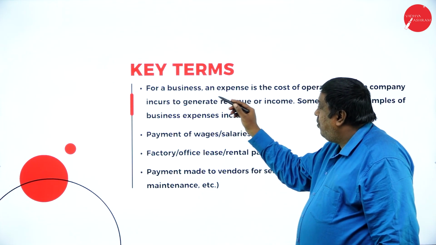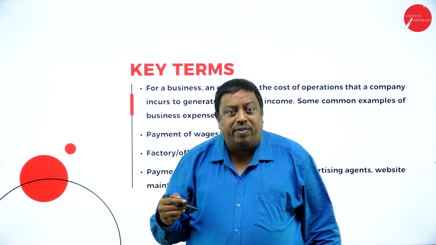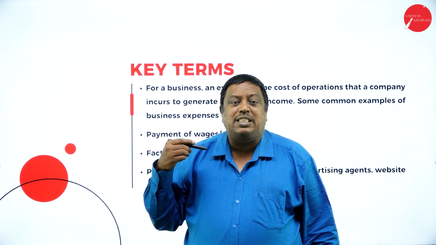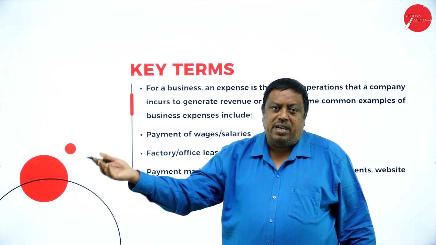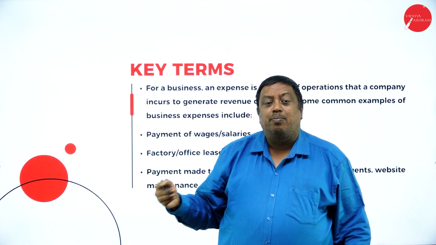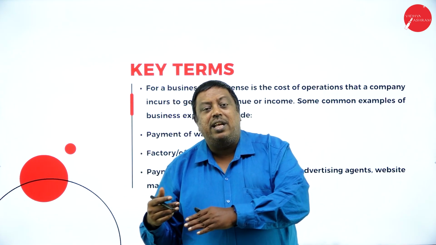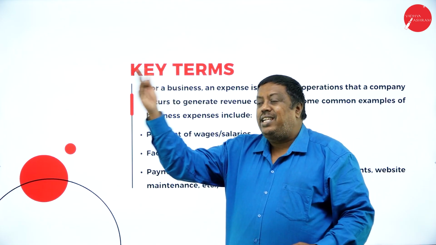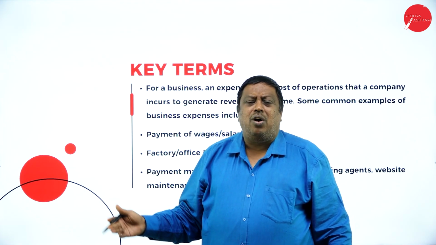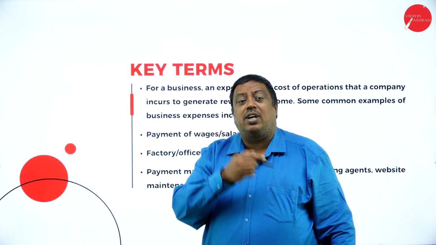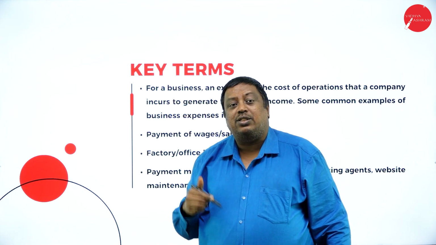Now, with the concept of business, if I want to earn anything here, if I want to earn a profit, then I have to incur some expenditure. The expenditure may be either revenue expenditure or capital expenditure. If I want to earn money, both types of expenditures may be incurred in your business. The revenue expenditure is nothing but when you pay salary, rent, lighting charges, audit fees, traveling expenses, or discount. All these are my revenue expenses, which are incurred to earn something. This is called the expenditure in case of business.